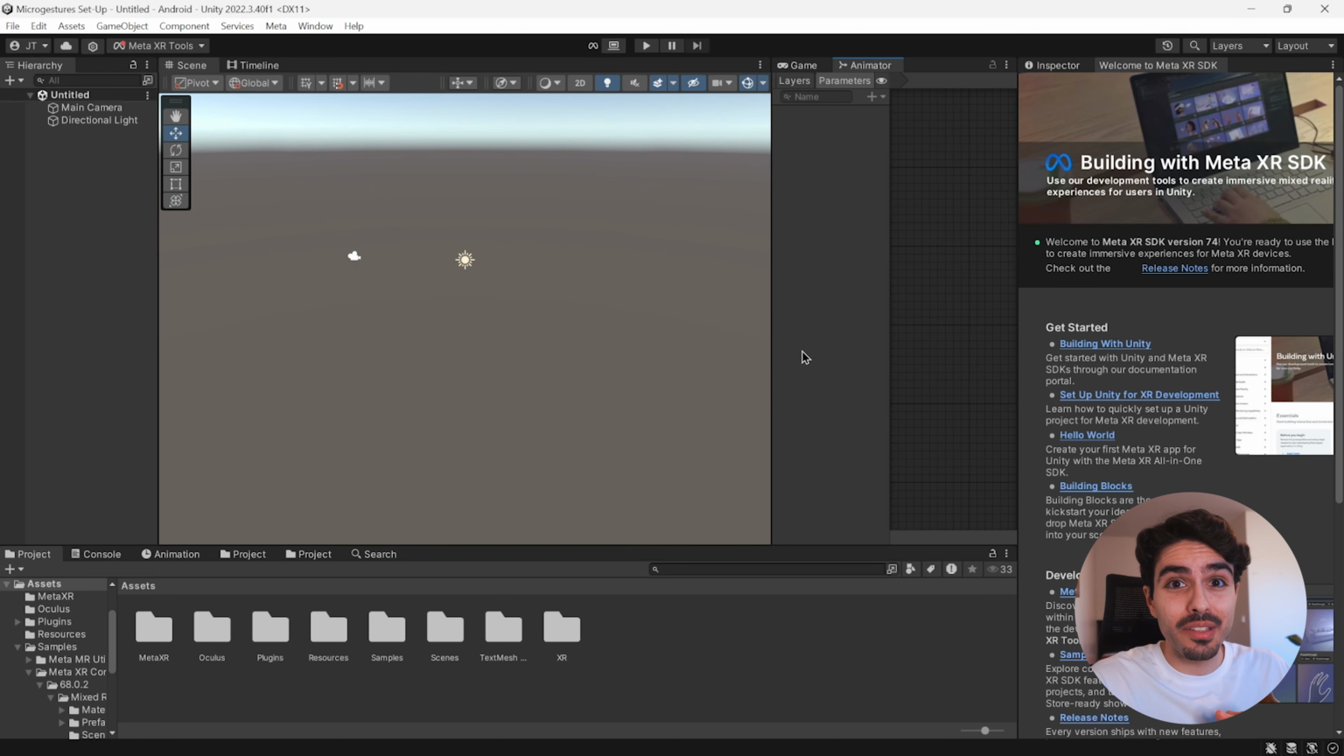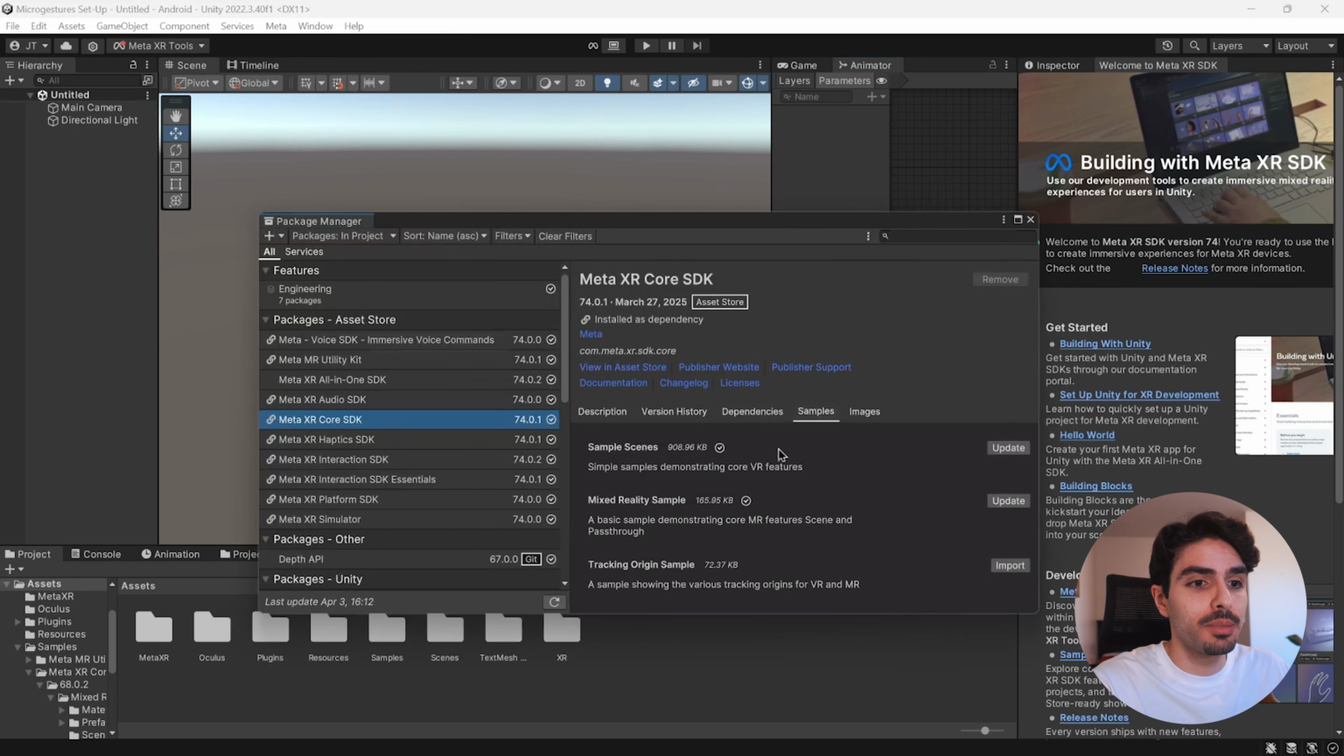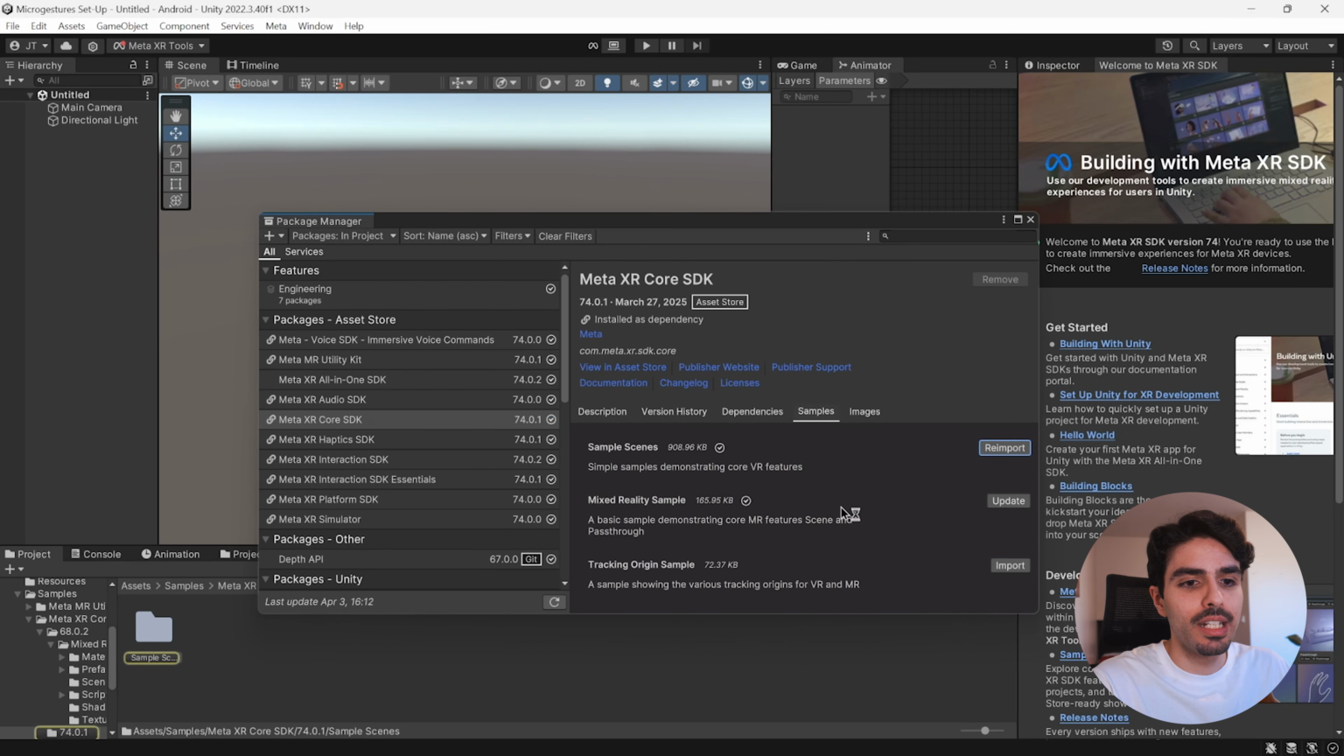Now we can try out the new microgestures in the sample scene. To do that, let's first go into Window again, into Package Manager, and into Meta XR Core SDK. Let's make sure we update the sample scenes that we have access to, and press yes. It will take some time to re-import, but not too long. And what this does is it updates the sample scenes that we have access to, including the new sample scene